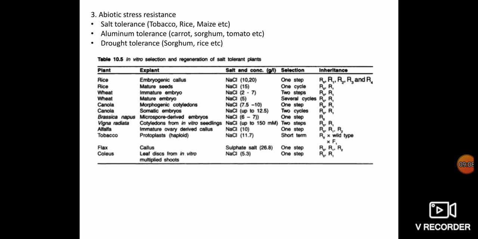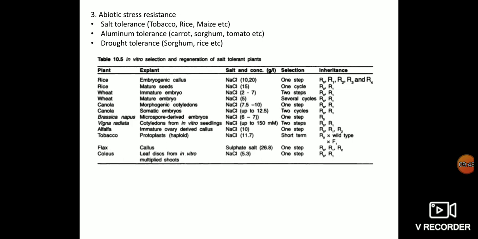It has long been established that plant species or cultivars greatly differ in their resistance to aluminum stress. In recent years, considerable research has focused on understanding the physiological, genetic, and molecular processes that lead to aluminum tolerance. For adapting aluminum resistance, different species have been researched, such as carrot, sorghum, tomato, tobacco, etc. It may be a wide variety of plants. A few examples are quoted here.